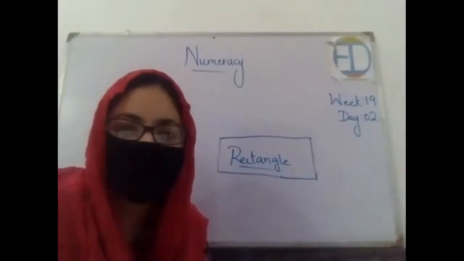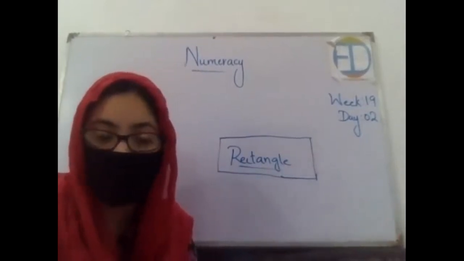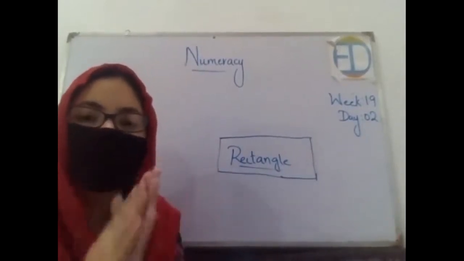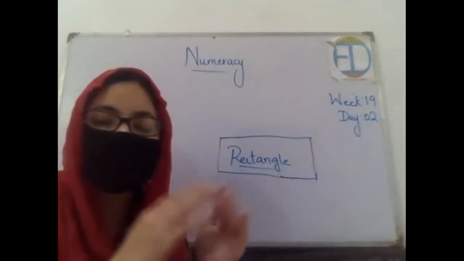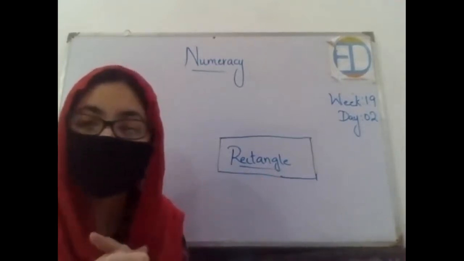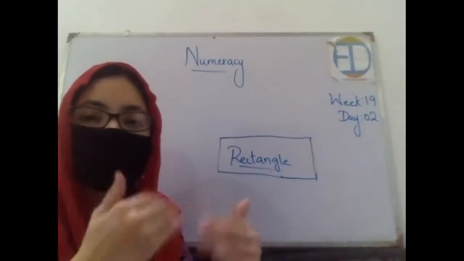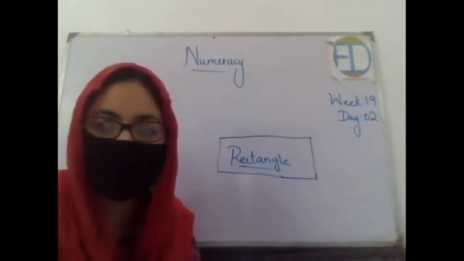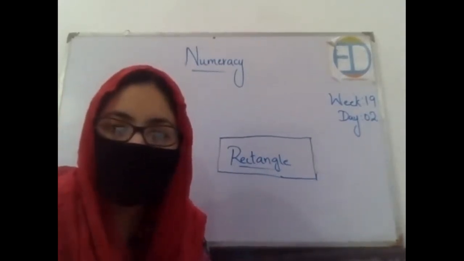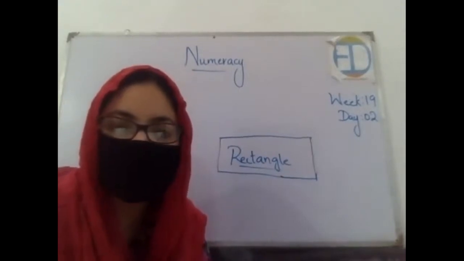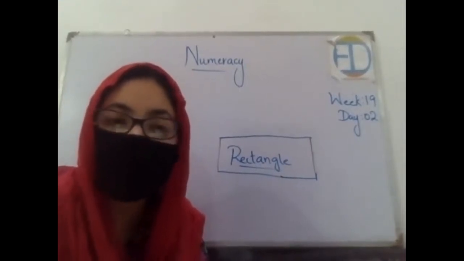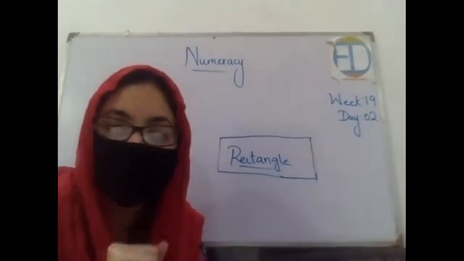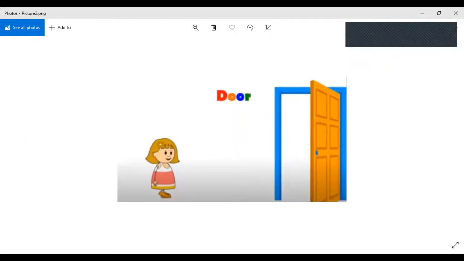So see, in the video they have talked about all the shapes that we have, and we will discuss them in the class one by one. Like in yesterday's class we talked about the square. Now in today's class we are talking about the rectangle, and then we will continue in the same manner. Now I'm going to share the screen with you, and we will be discussing different objects that have a rectangular shape. Here I have some common daily life examples for you.